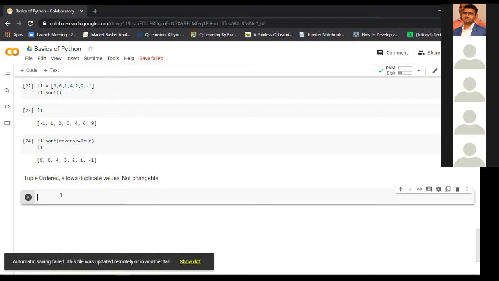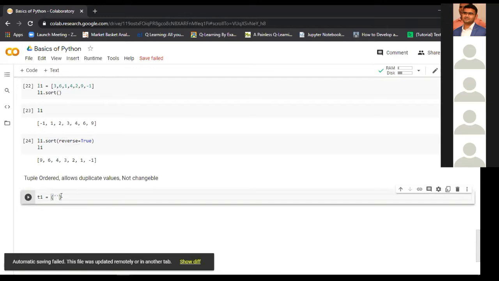So for the tuple, let's take T1. To declare a tuple, we use parentheses. For the list, we use square brackets, and for the tuple, we use these brackets, the parentheses. And like the list, we can have data of any data type.